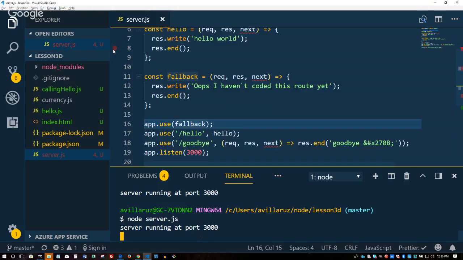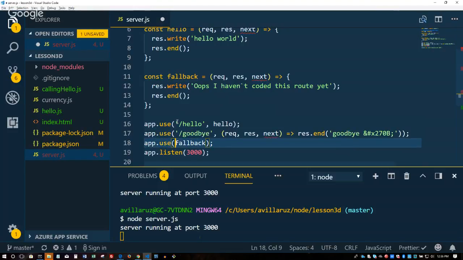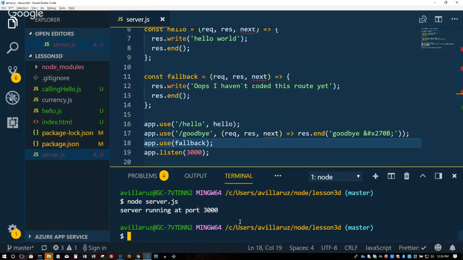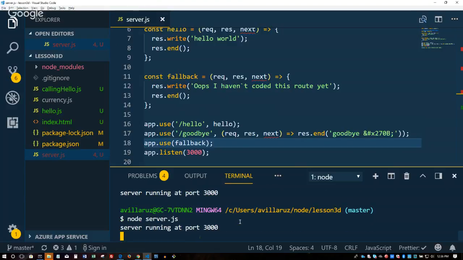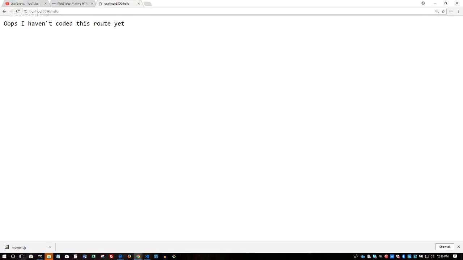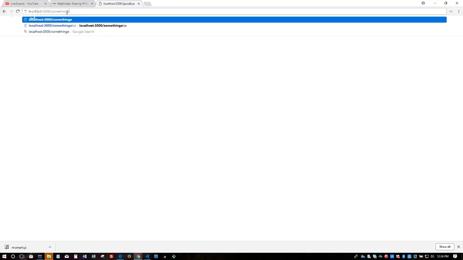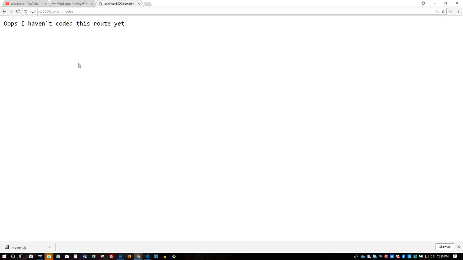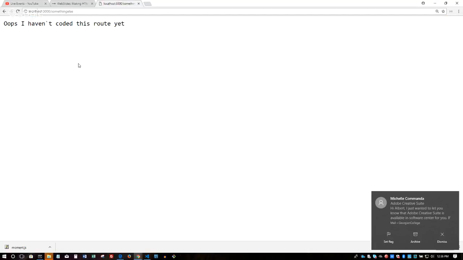What's the solution? Yeah, so let's move it down. In VS Code, if you press the Alt key and then arrow down, it just moves it down. There it is. Now if I break my code and run server, I should get my hello back, and I do. Slash hello gives me hello world. I should have my goodbye. I do. And if I go to something else I haven't defined, I get that. That's proper behavior. Okay.